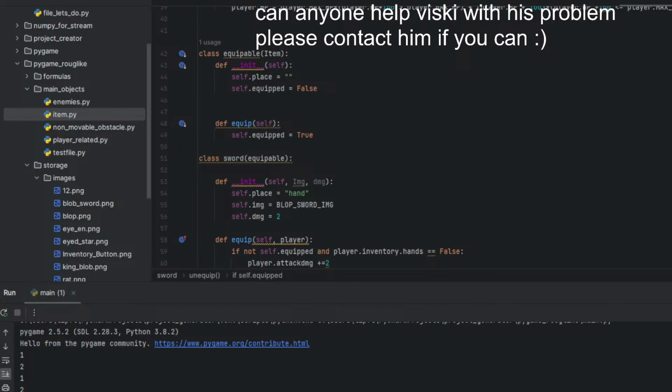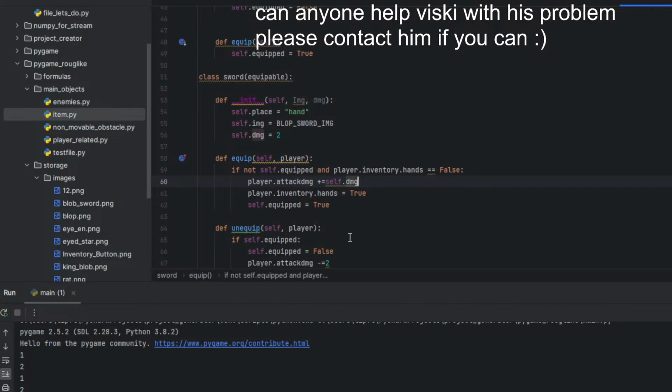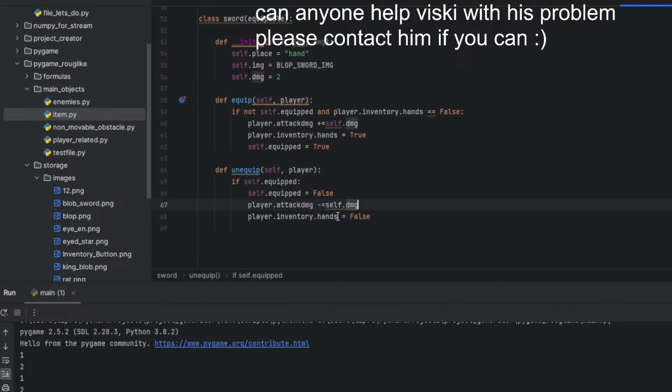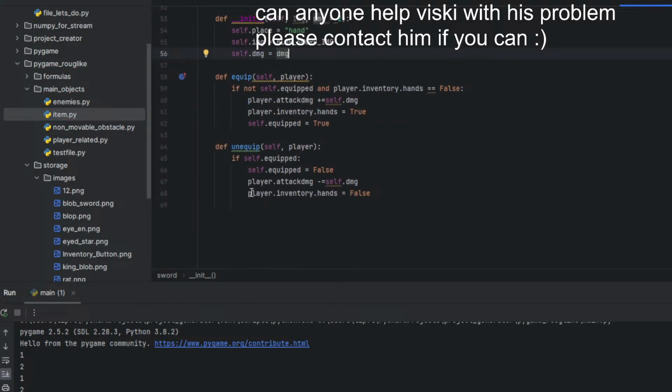You're totally right, buddy. Plus equals self damage. I'm sorry, you're totally right. And this should be equals 2 by default, and damage. Because with this function I want to also create randomly generated items.